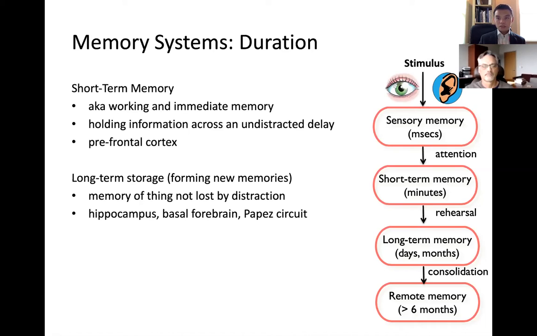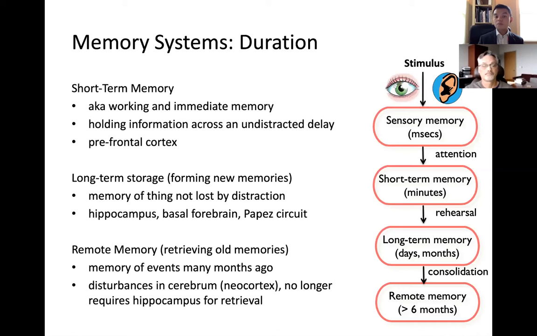You would think that would be all that you need to form your memories, but there's another system, and we know this from lesional studies with patients, and Dr. Wynemeyer will talk about this in a bit. You take that piece of information and you practice and think about it over the course of months, maybe 6 months or so, and you're able to consolidate it. Then you're able to form it into what we call a remote memory. So these are memories of things that happened months ago. I had always been taught to think of it as something that happens more in the cerebrum. Basically, you don't necessarily need your hippocampus to retrieve that information anymore. But let me defer to Dr. Wynemeyer on some of the anatomy on that.